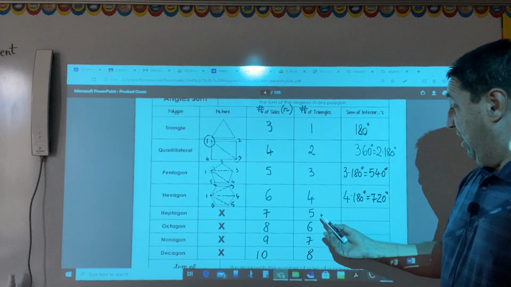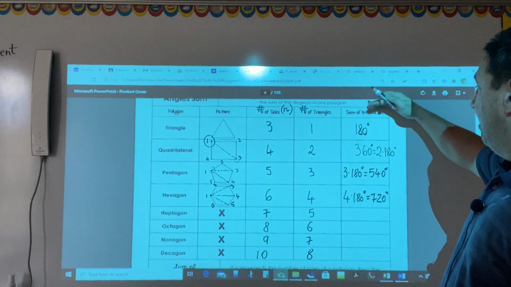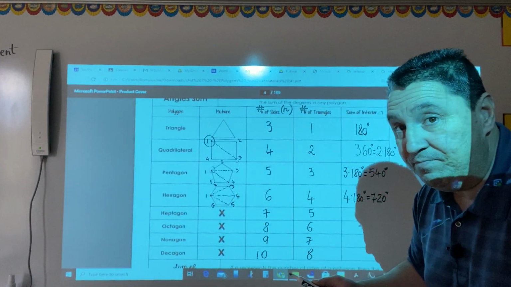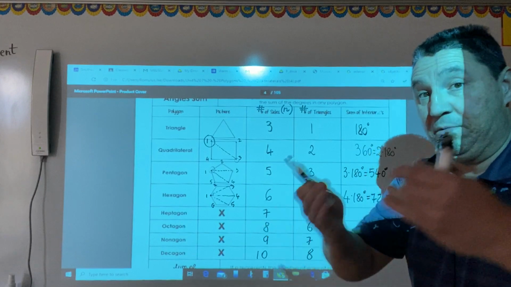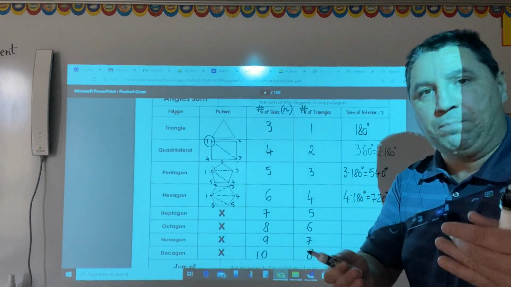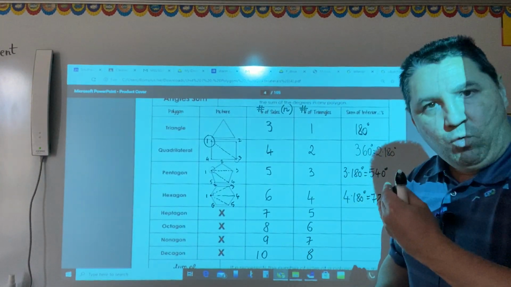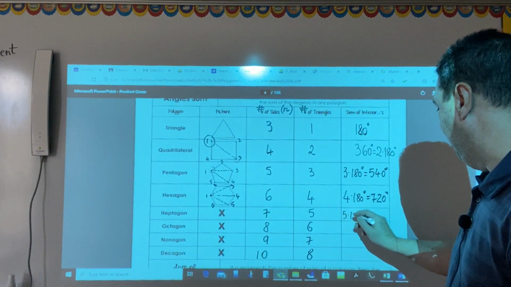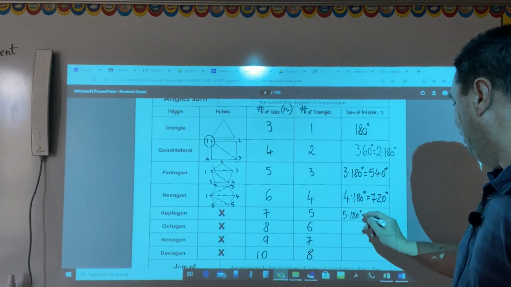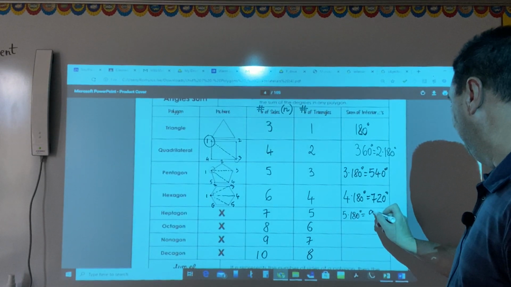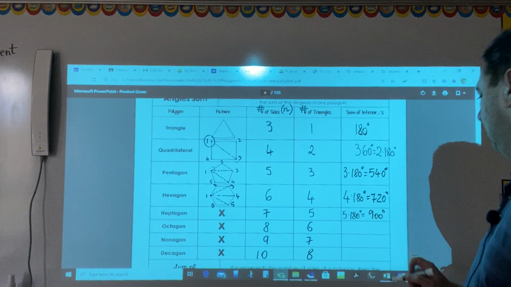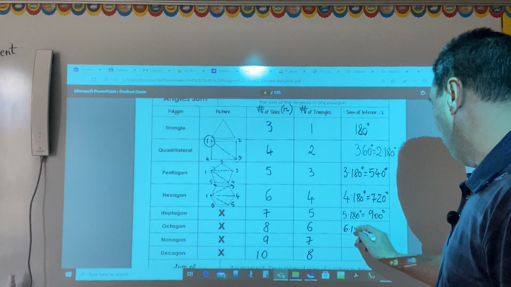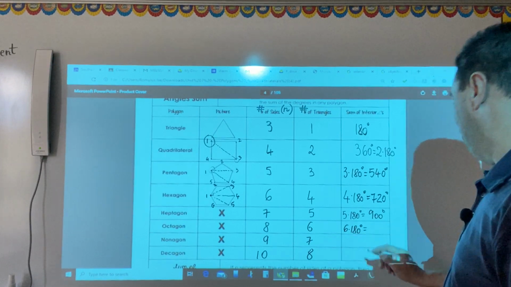Now, as I said, the sum of interior angles of a polygon is given by the number of triangles that make up that polygon, times 180. So, we're going to have 5 times 180, which is 900 degrees. Then, for an octagon, we're going to have 6 times 180 degrees, which is